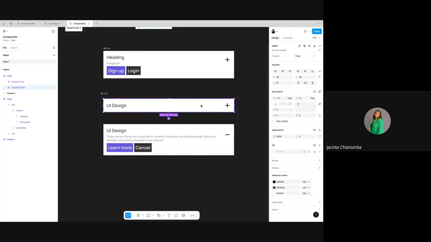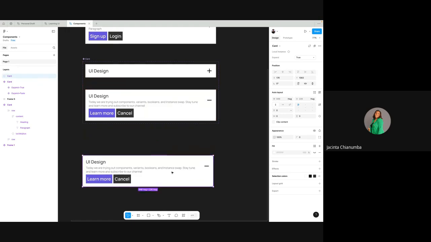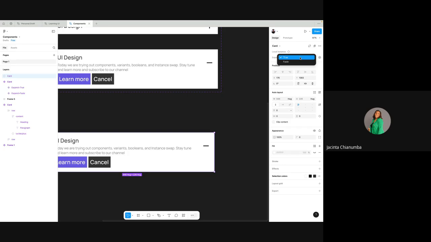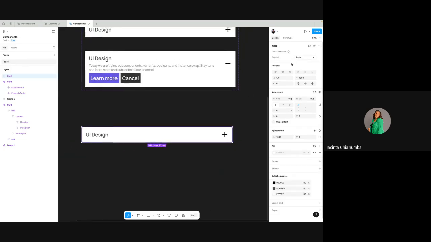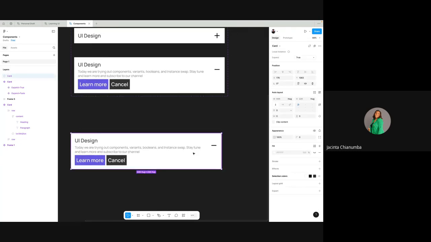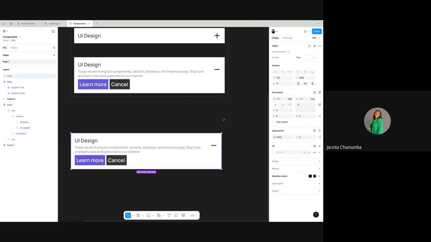Then you can see if you now duplicate either of these, and then you can see when your expand is true, it's showing. If your expand is false, it's showing to be false. If your expand is true, it's going to be true. So whenever you're designing something and then you want to either show this, or when it does not expand, you just come here and you change your